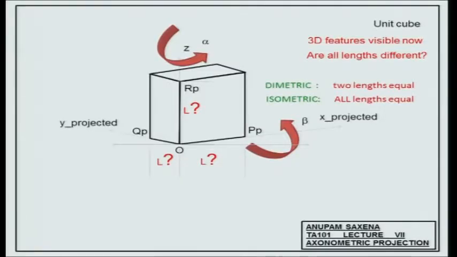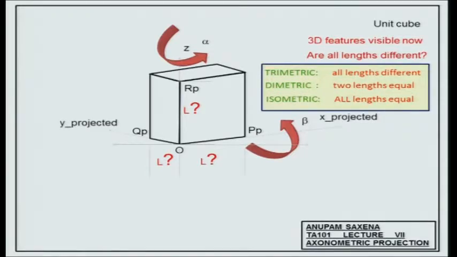When two of these lengths are equal, it's called dimetric projection. Di, two, metric, size. And when none of these lengths are equal, it's called a trimetric projection. Okay? You guys are getting bored already. I see so many yawns. So this is something that you would need to keep in mind, but in particular, we are going to be looking at isometric projections as a part of this course.